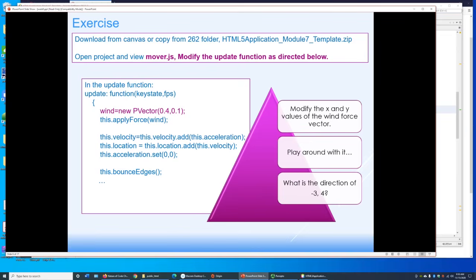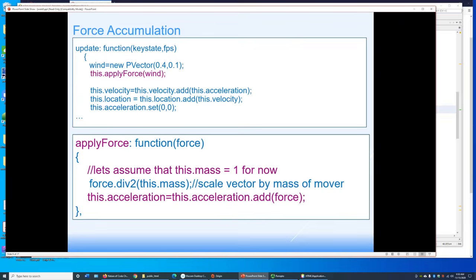Using force is pretty simple. So the applyForce function, here's how it looks. What we're going to do is take the force vector and add it to the acceleration vector. That means that we just take force.x